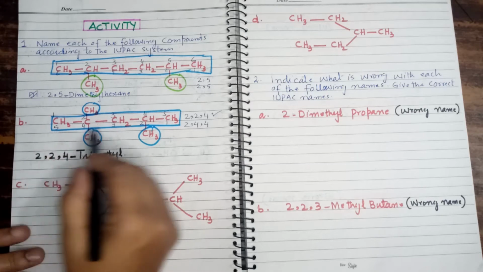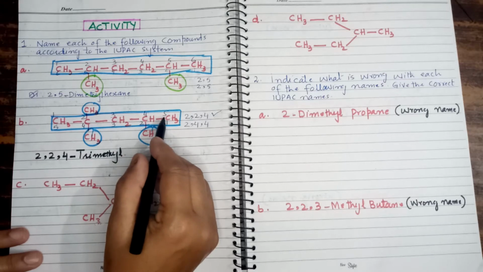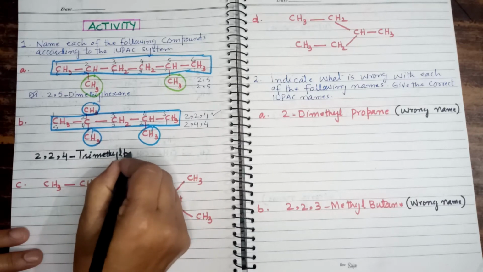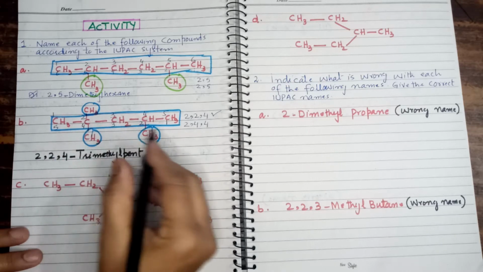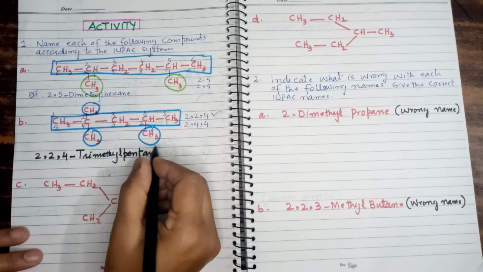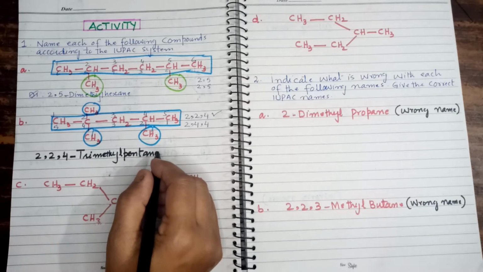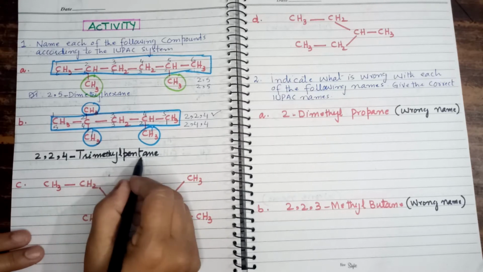And how many carbon atoms are there in the parent chain? Yes, there are 5 carbon atoms, right? Since there are 5 carbon atoms, the name starts with pent. All the carbon atoms are connected with single covalent bonds, so the name ends at ane. It means ane is used as suffix, right? Trimethylpentane, the whole name is written as one word.